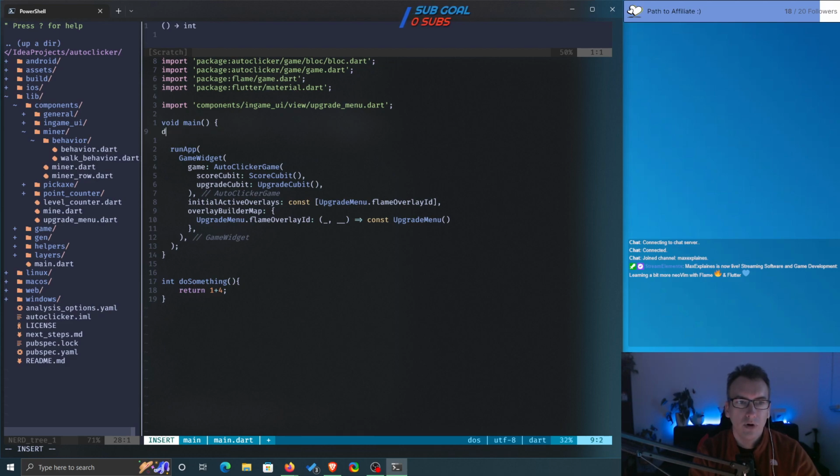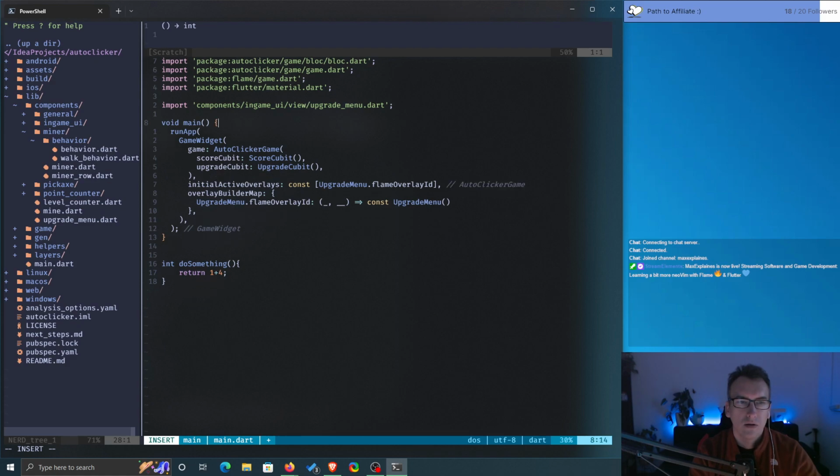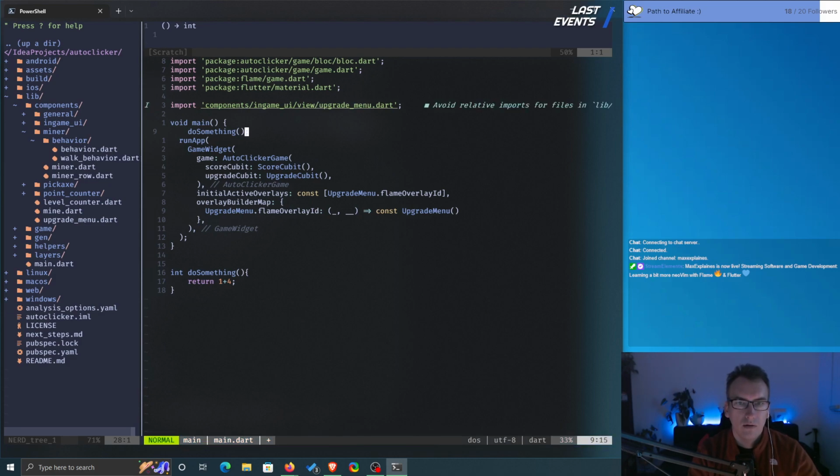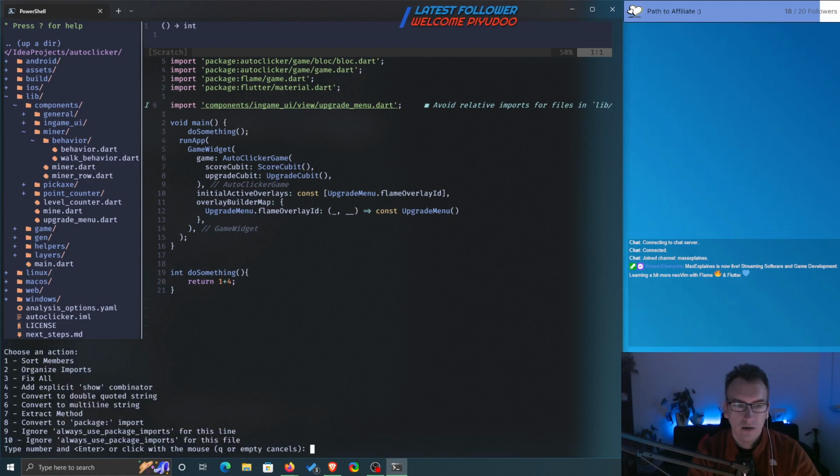Inside of our main function, we want to call do something. The scratch up above shows me now what this is. It's more or less a visualization of what I'm typing, right? Okay, then I can escape that. Avoid relative imports for files in lib. Okay, so this is a warning. GA. And I can say